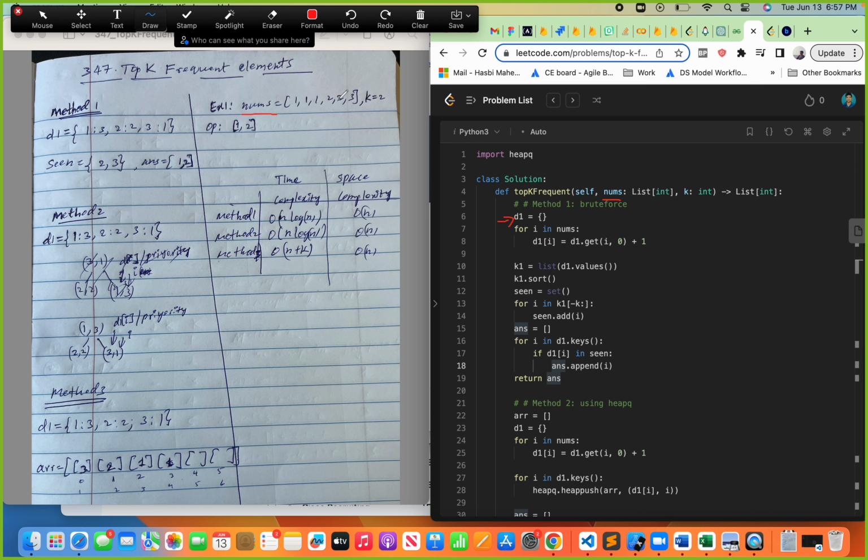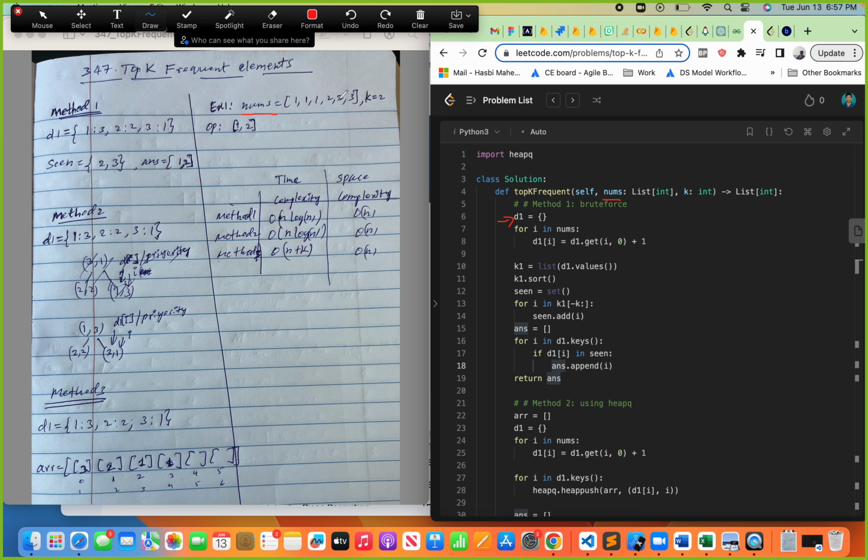So in seen we got the top 2, which is 2 comma 3, and then